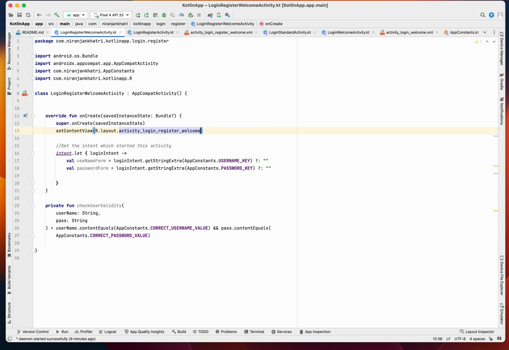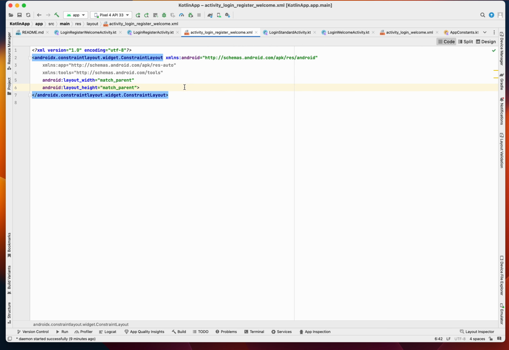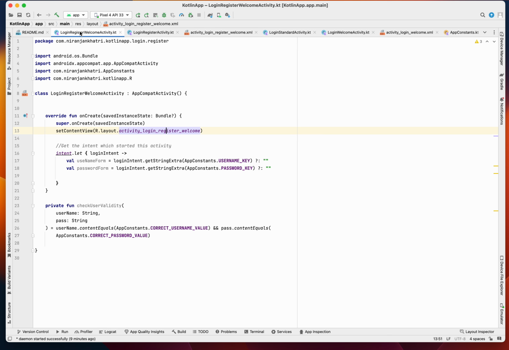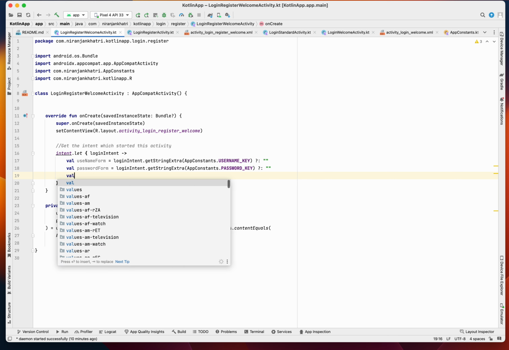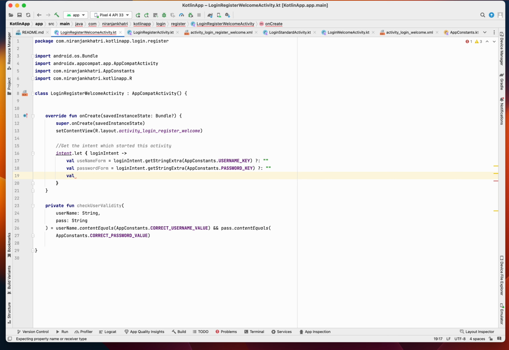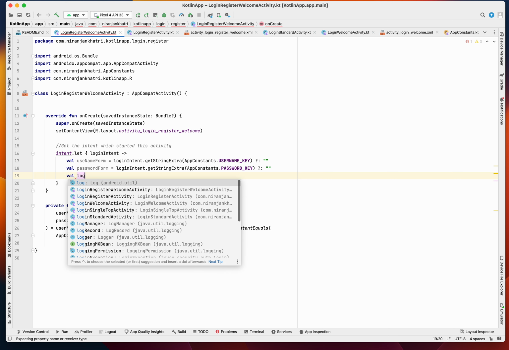logging register welcome activity. So this activity is pretty much an empty activity. Okay, it's not doing anything. It's pretty much doing nothing, but what it is doing, it's verifying the validity of the user. That means it is checking your username and password, that's it. Okay, so if it is logged